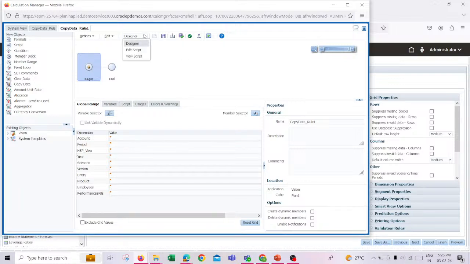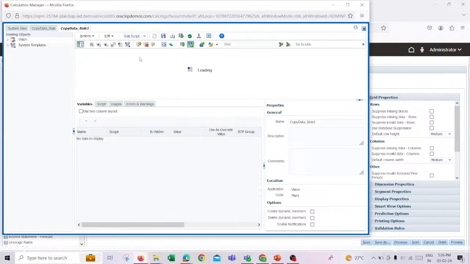So when we use the mode as edit script over here, in edit script you will see there is already one nested fix and nested end fix. To make my formula, or my business rule, run fast, I will add one more nested fix over here. Click on enter, then tab, write fix,